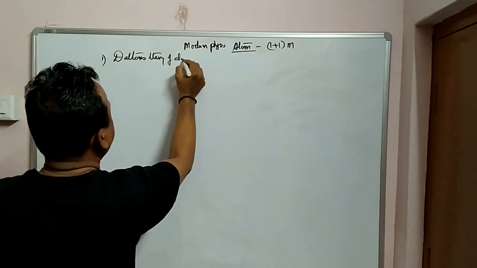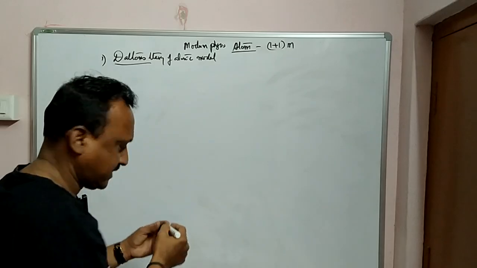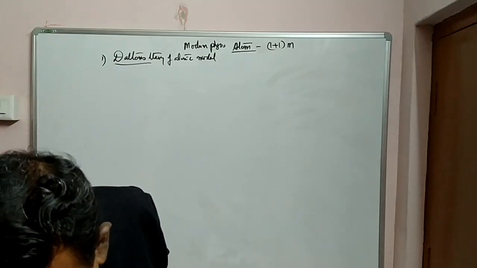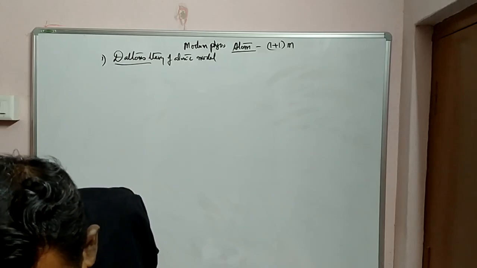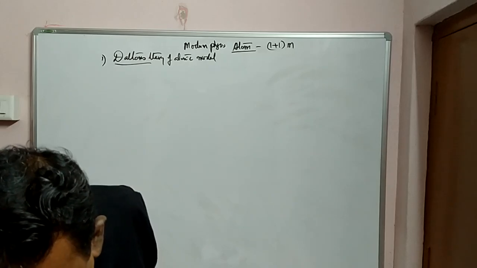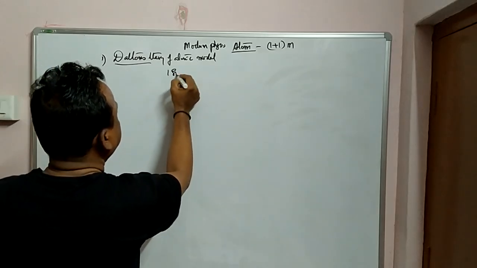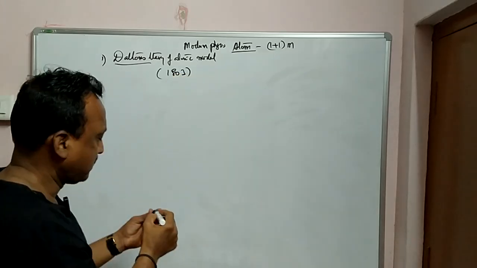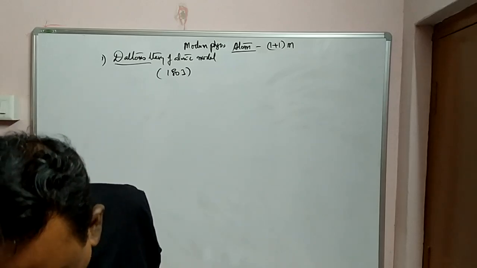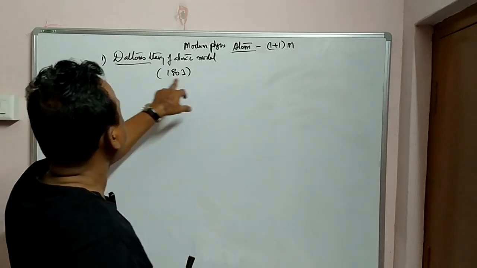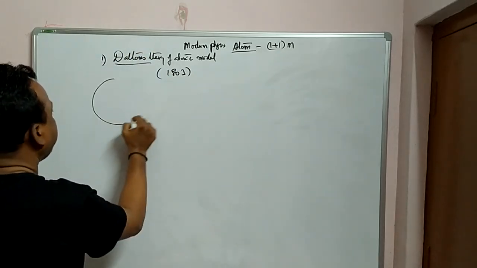of atomic model. So the first model was given by this scientist, I think around 1803. Okay, 1803. If you want the year, you can see from the books. Around 1803, this concept was first designed by Dalton, but according to him, he has not given any basic things